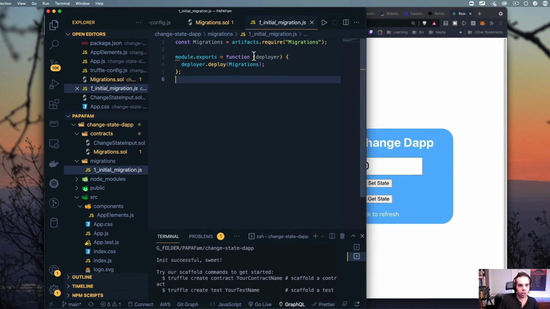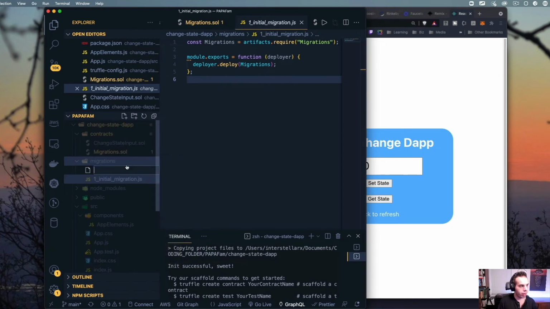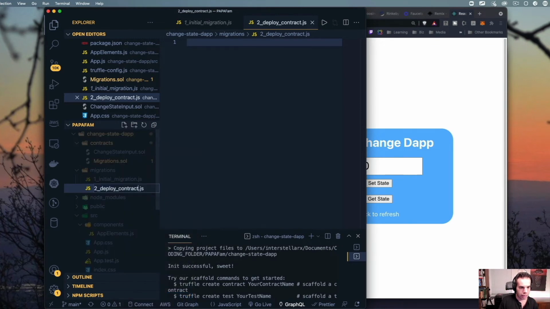We have a function in module exports called the deployer. This is kind of the message.sender, which is going to be the owner of the contract, the account, and the deployer will deploy the migrations. So this is the one initial migration. We're going to create another file called deploy contract.js, and this file will actually deploy contracts.